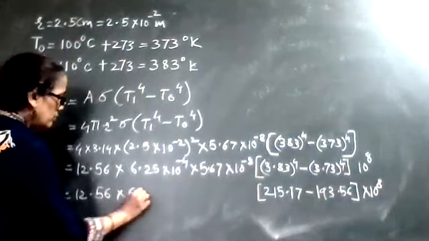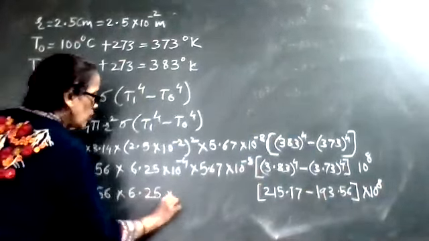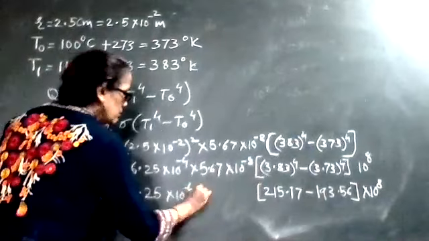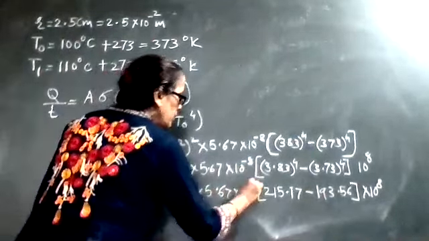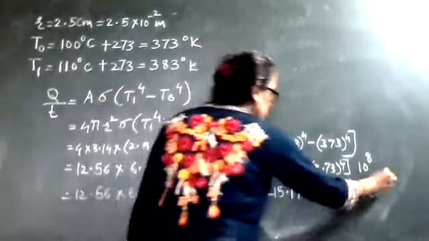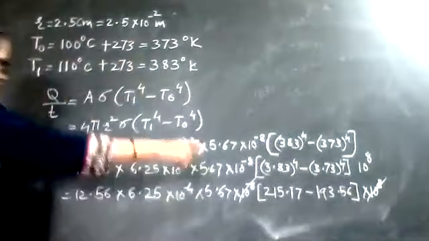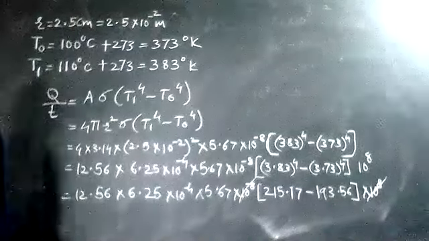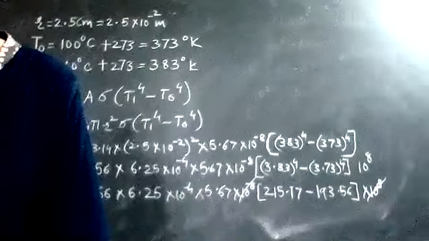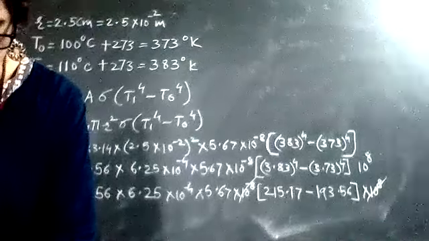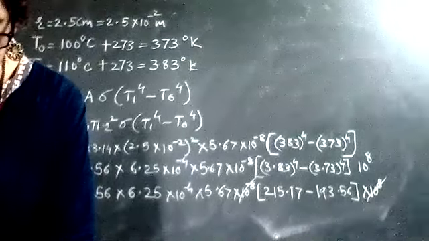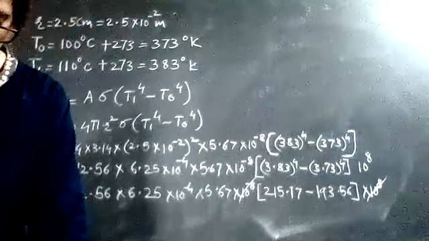And now just you go on doing all calculation. You will get your final. In this case, only 10 raised to minus 8 and plus 8 will get cancelled. And remaining things you have to find out by calculation. Got it? So here I will say this subtraction will come as a